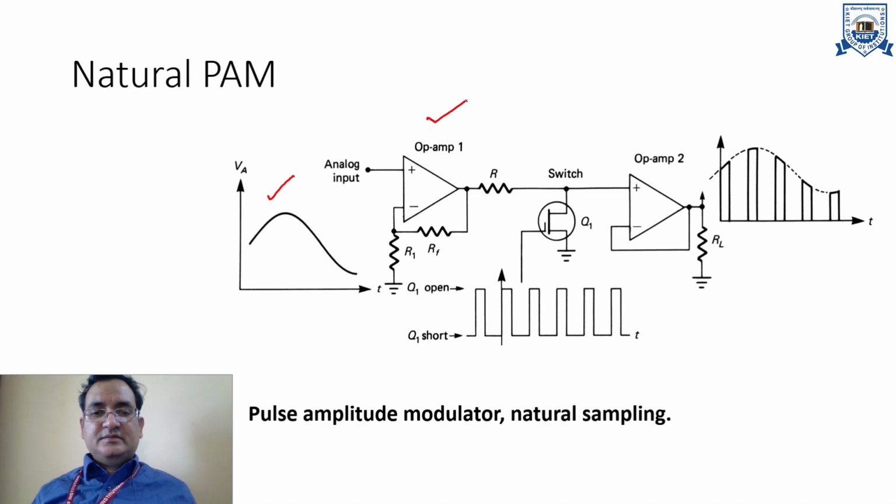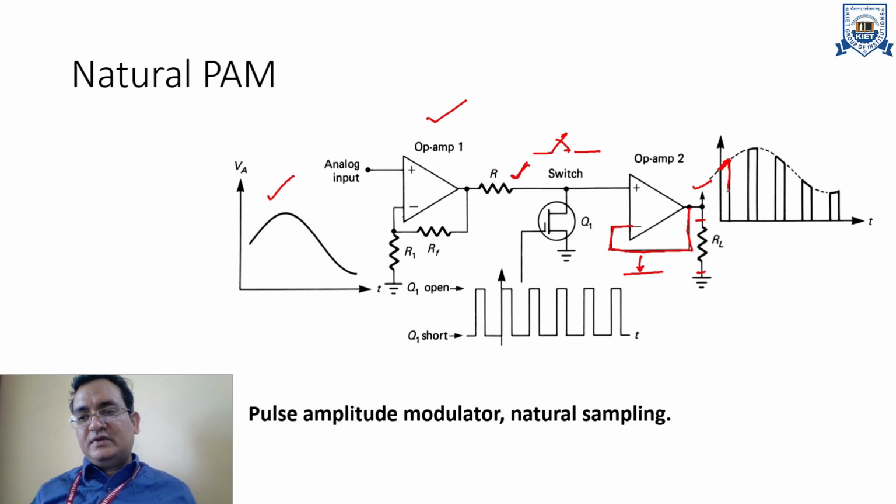This is a simple amplifier that will amplify the voltage levels of the input. Then a switch is applied which just turns the path on and off. When the switch is on, whatever the input at the switch, it will directly pass to the output, like at the load. It is like a buffer. You can clearly see that the output is directly connected to the inverting terminal. So this is a buffer amplifier, without gain. Whatever the input at the switch, it will directly pass to the output.